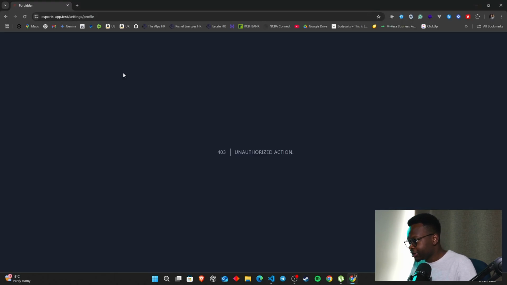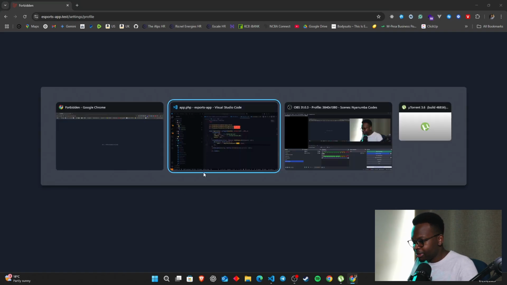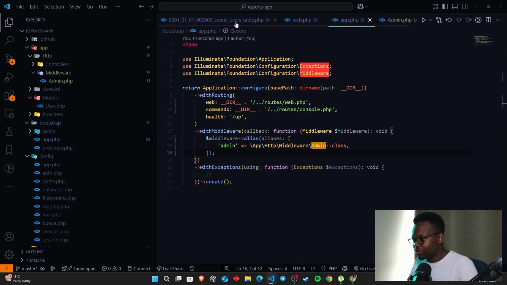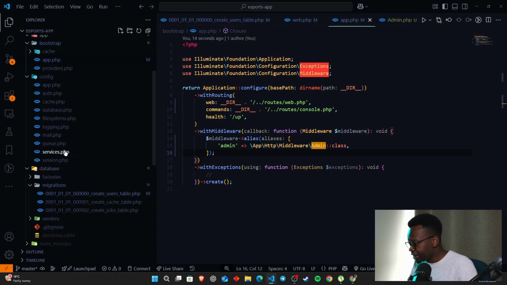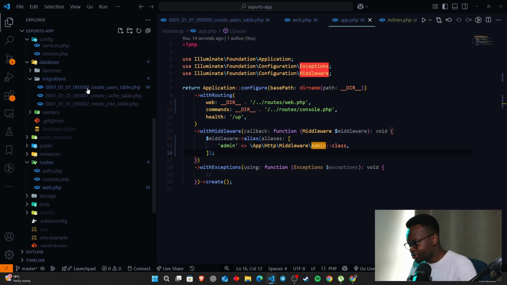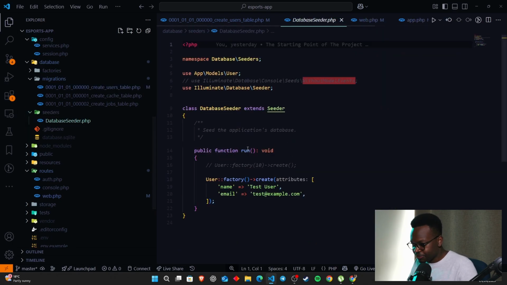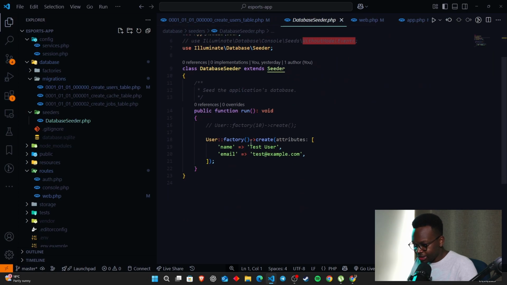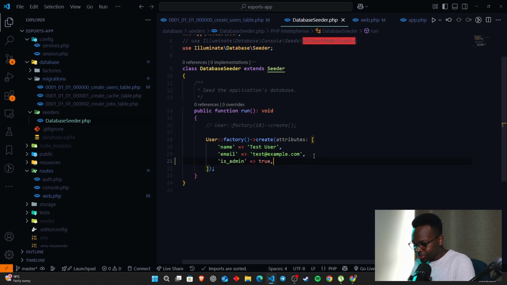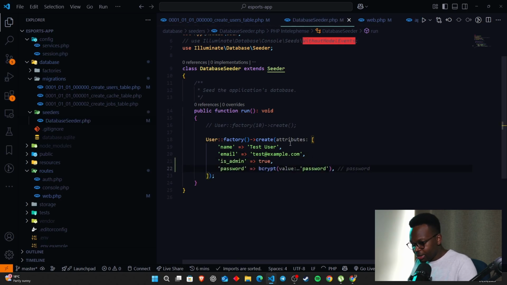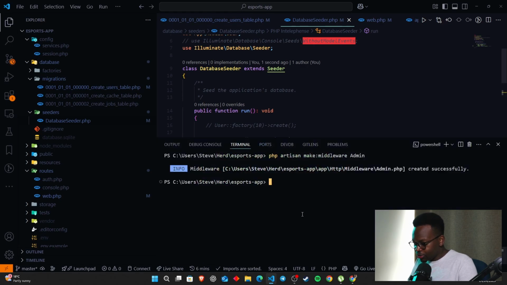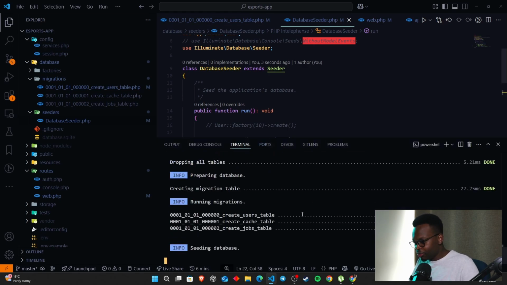So now this is going to work. If we come in here and refresh this, you definitely see our 403 unauthorized action, because this user is not an administrator. But what if we said, okay, well, let's actually create this user and make them an administrator? In such a situation, I would probably even do it like this. I would come in here, go to my seeders, okay? And then I'll come in here, you can see the user factory create, then there's the name, there's the email. I'll come in here and just do is_admin true, and then we'll do a password, bcrypt password, which is fine. So if I come in here and refresh the whole thing with seeding, and I refresh this as well,